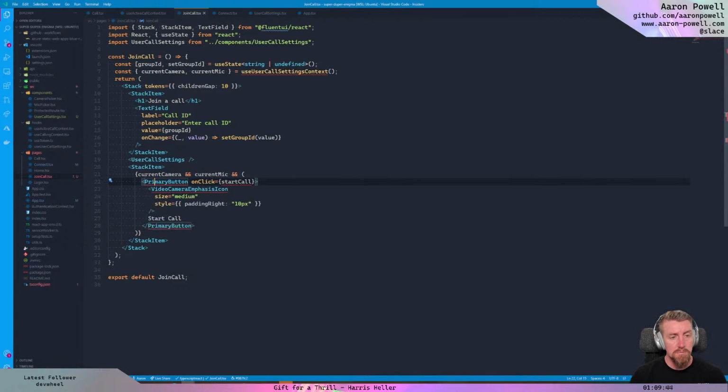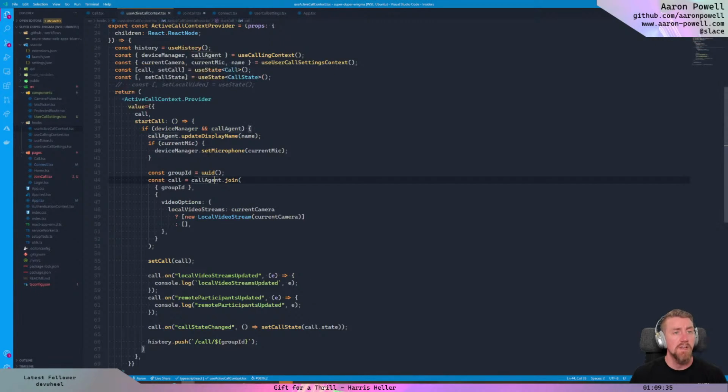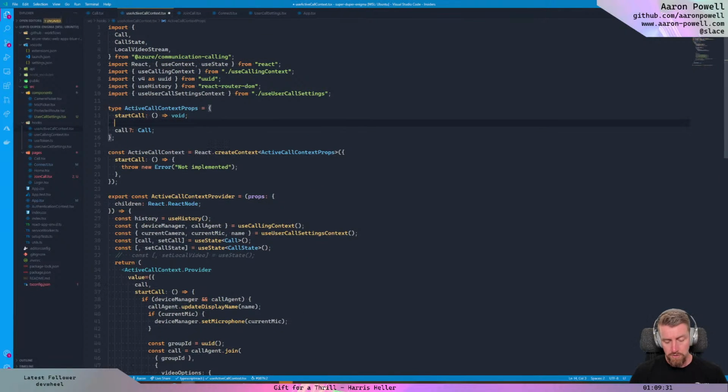Primary button, we will need to import that, and we're not going to use start call. We're going to have join call, which will be a function that we're now going to create on here. So the signature of join call will be it will take the group ID, which will be a string, and